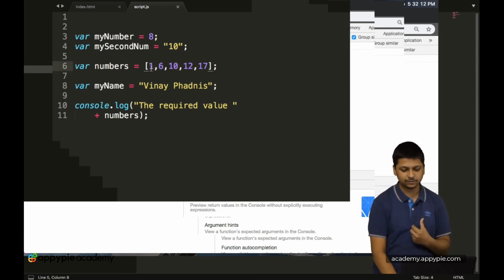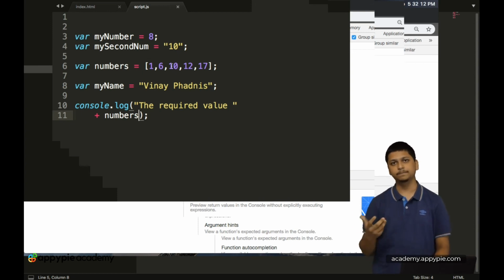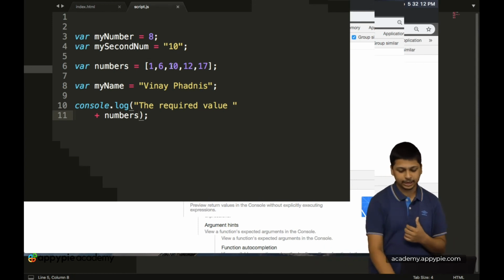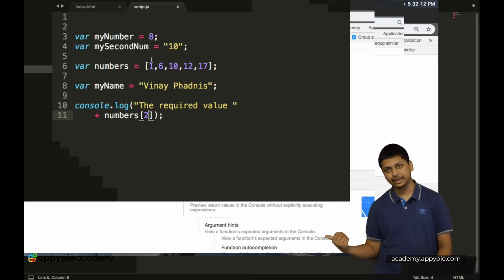Okay, so the addresses of these elements are 0, 1, 2, 3, 4. Okay, so let's print the third element in the numbers array, which should be number 10. And to do that, to print the third element, we have to pass in the value of number 2, because it is 0, 1, 2, the second index.